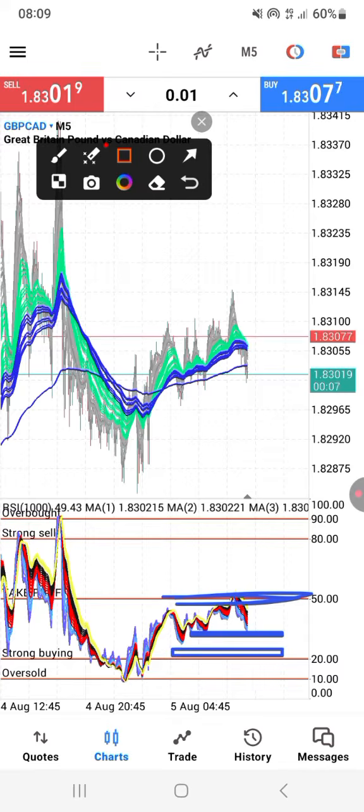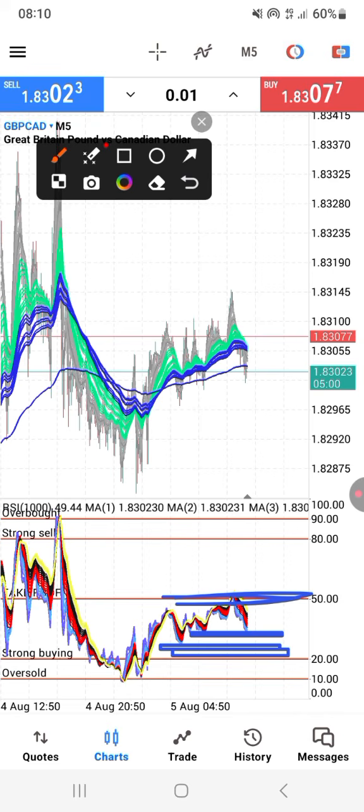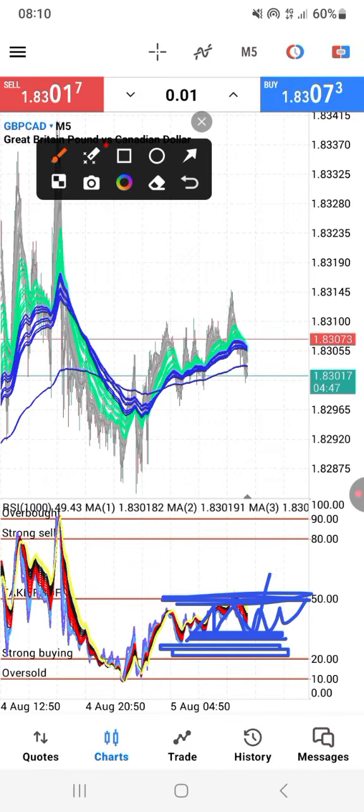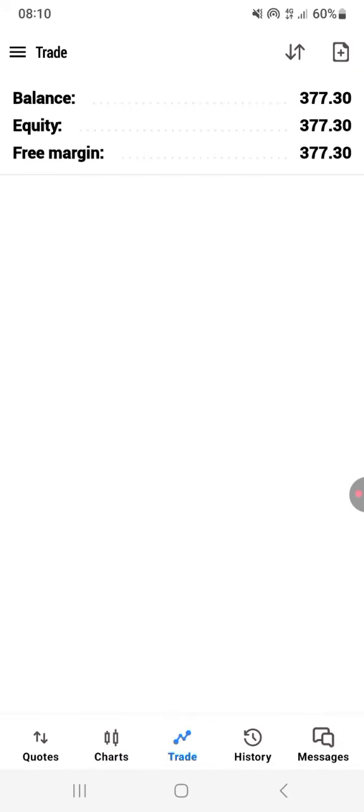Always, if you understand market structure, you understand that this is always happening. So now what you are dealing with is this movement between this resistance and this support, which means we have this consolidation here. After this, price is going to break up and go to its direction. So what I'm always telling you, before you trade your account, you need to calculate how much you have, how much you're going to risk, how much you may get as a profit, and how much you may end up losing